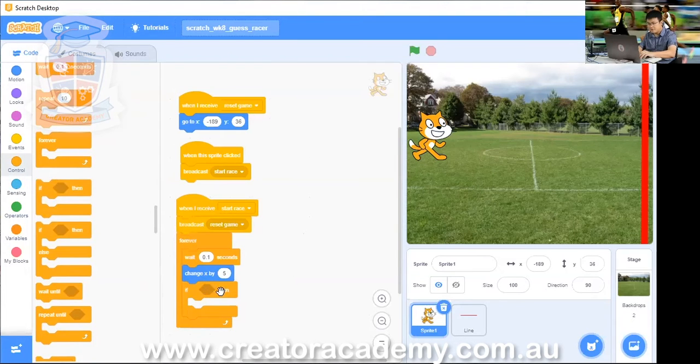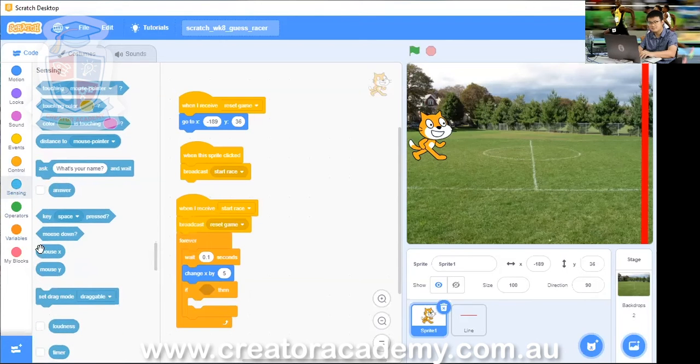If we are touching the line, then we stop the race. That's the whole idea. So we go if, and then inside this hexagon, we need sensing, because that's where we sense if we touch the line. It says touching mouse pointer, but we don't want touching mouse pointer.